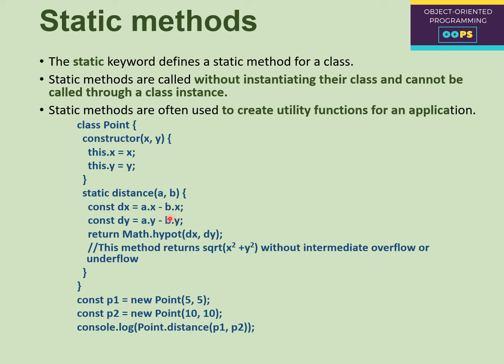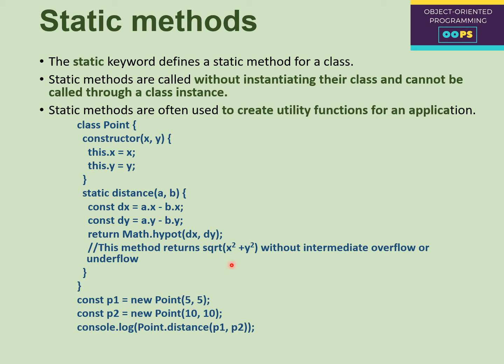It will take the differences of x attributes in both a and b, and also the differences of y attributes in a and b, and it will return Math.hypot of dx comma dy. Math is a particular object in JavaScript, and using the Math object we can access mathematical properties. So the hypot property means this function is used to find out the square root of